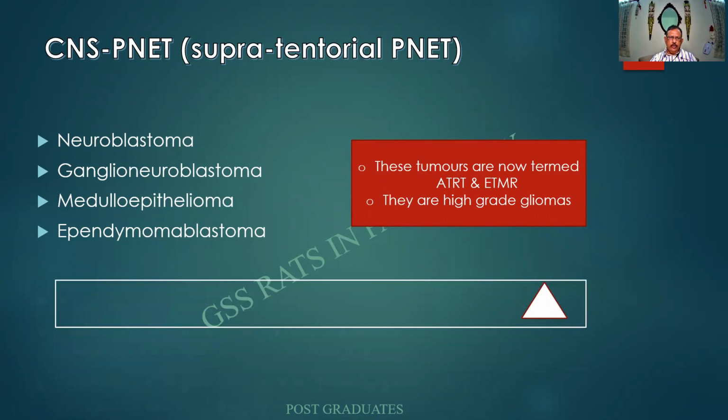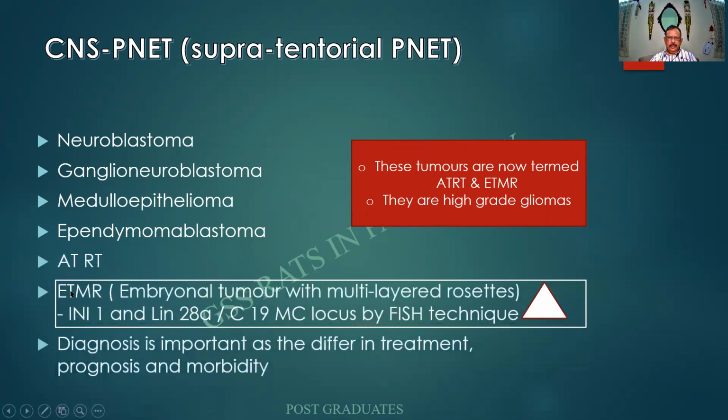And what are we supposed to look for? The embryonal tumor with multilayered rosettes can be positive for LIN28A and the C19MC locus by the FISH technique, with loss of INI1 in ATRT. Please remember this particular one. A lot of panels will be given. It will be ideal if your students could remember just a couple for each of the tumors until you are a renowned pathologist.